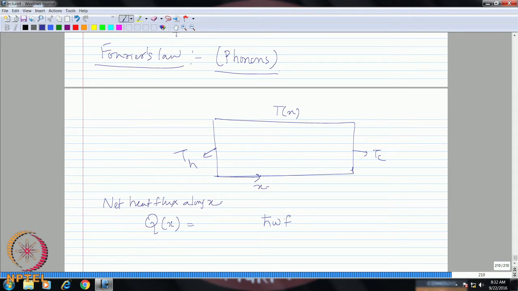So, each quantum state is occupied by a certain number of phonons, and the energy of each quantum state is h bar omega. So, therefore, what does this give you? H bar omega times f. This just gives an energy distribution. Therefore, to calculate the total energy, sum it over